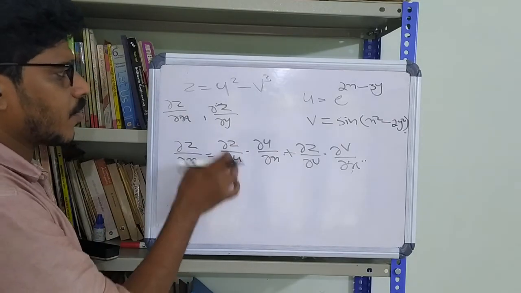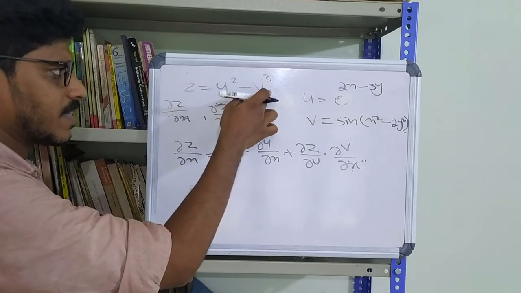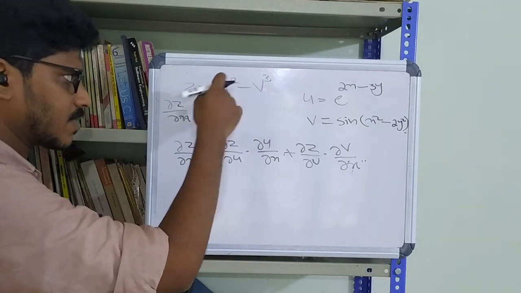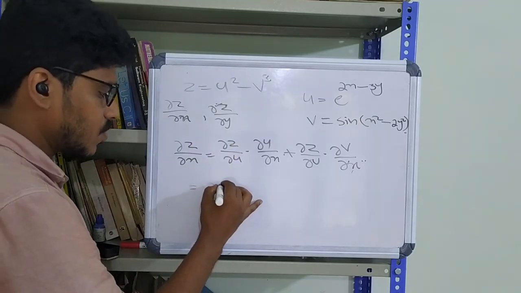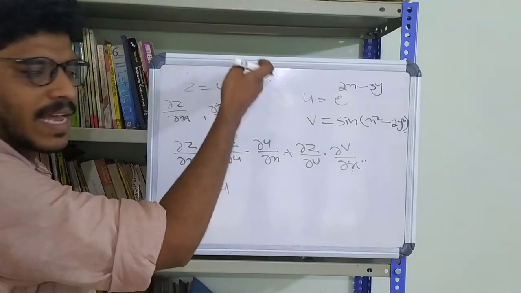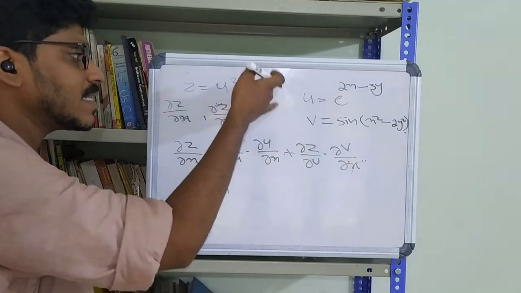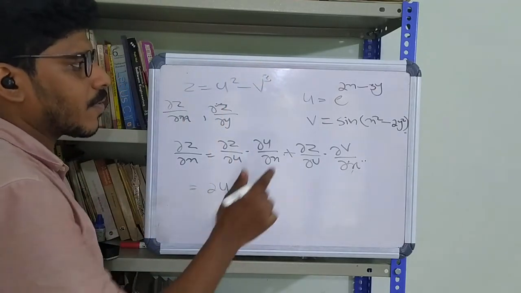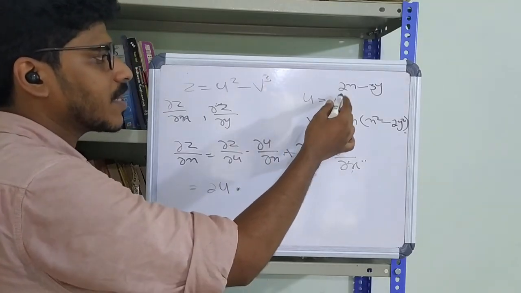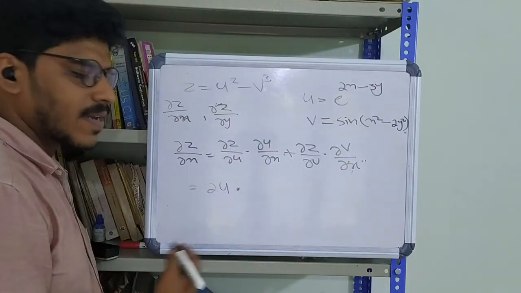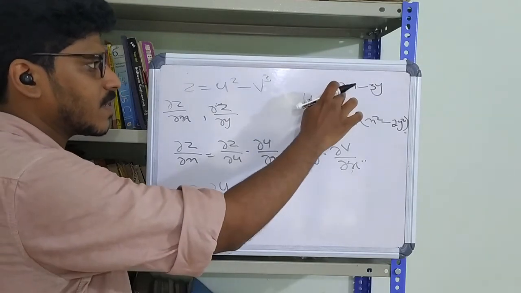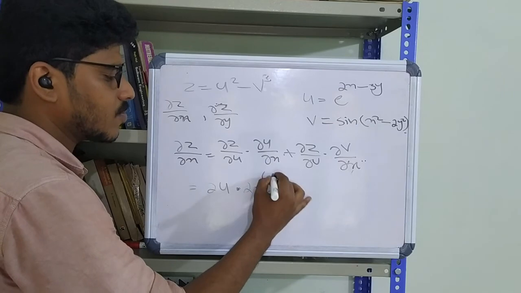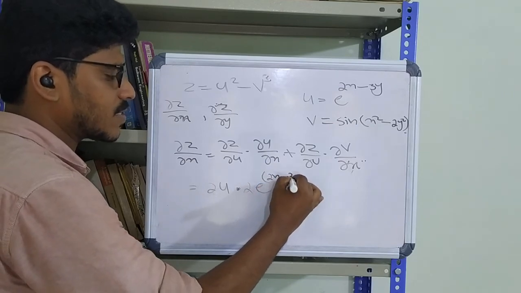What is ∂z/∂u? z equals u squared minus v cubed. So if you differentiate this with respect to u, keeping v as a constant, you will get 2u. Minus v cubed will have a derivative 0 since it is independent of u, into ∂u/∂x. See, u is equal to e raised to 2x minus 3y, so it will have the derivative with respect to x. See, the coefficient of x is 2 here. So 2 times e raised to 2x minus 3y,